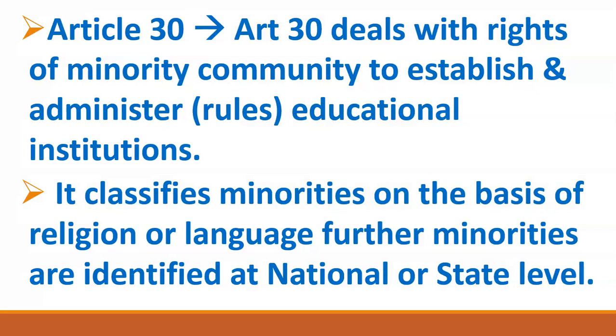So friends, Section 2, Clause C of the National Commission for Minorities Act 1992 notified Muslims, Sikhs, Christians, Buddhists and Parsis as minority communities on October 23, 1993. So on 23rd October 1993, these communities were declared as minority communities on the basis of religion at the national level. Why? Because their population was less at the pan-India level.